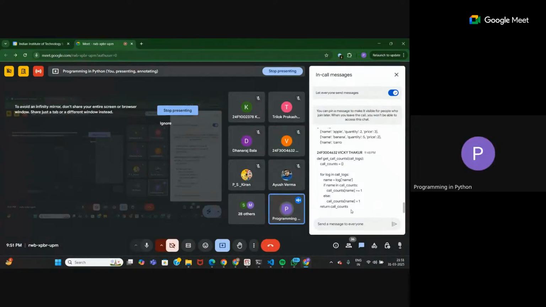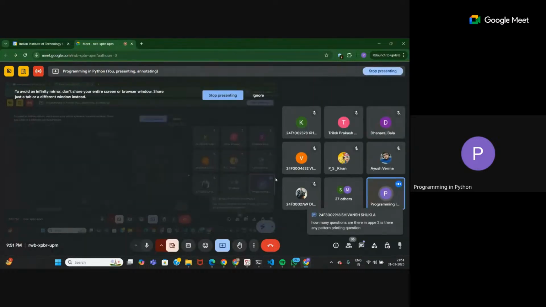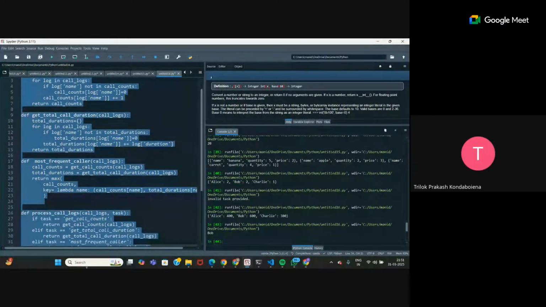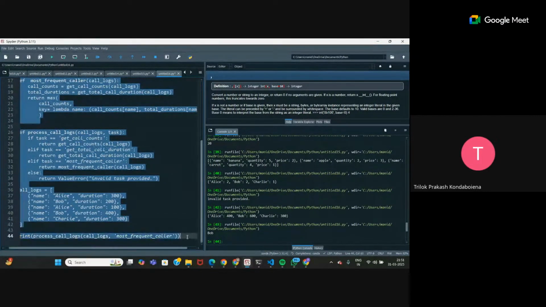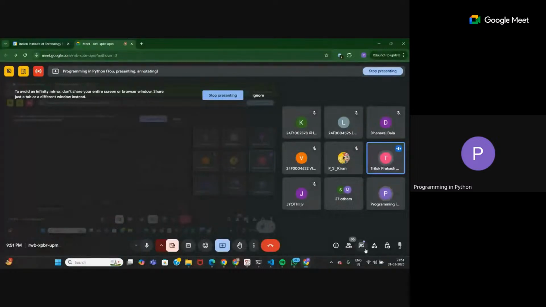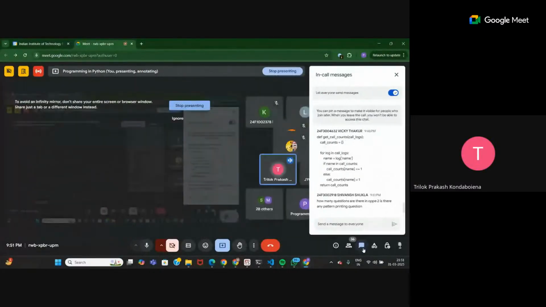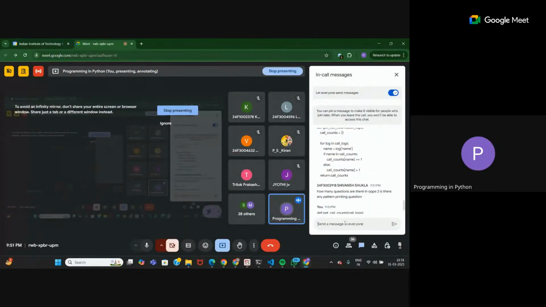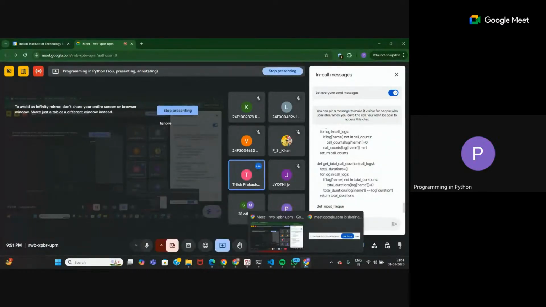Yeah, this is also correct. Should I paste the code or should I just give you the Google Drive link after the class? Paste the code, ma'am. Okay. It's also preferable to share the Google Drive link. Yeah, I'll do that after the class. That will be part of the meeting invite or the calendar. In the calendar only you can find wherever the meet link is present. Okay. Wait, the last part got cut off. Let me paste it again.